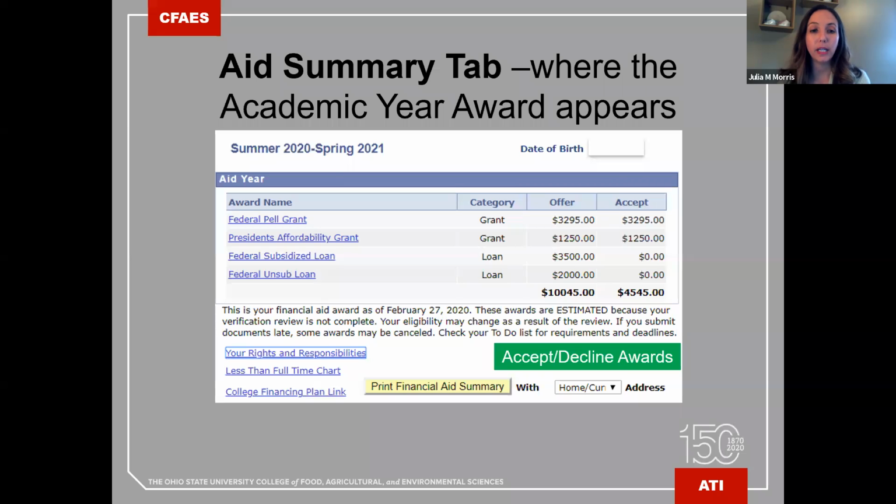Another link that might show up here is for Parent Plus loan, and it would show how much a parent is eligible to borrow. And I'll explain that here in just a minute. But all these blue underlined links allow you to click on. It will either take you to the Federal Student Aid website, or it will take you to the OSU Student Financial Aid page if you want to know more information on them.